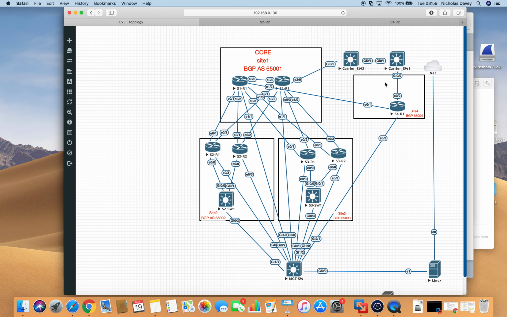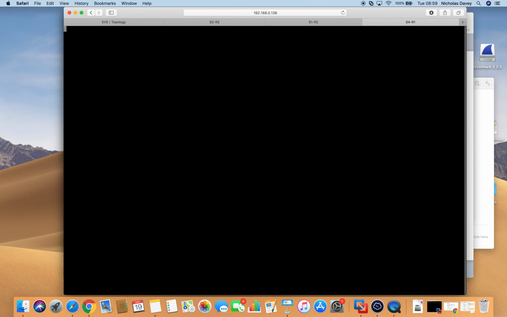And because when BGP sends an update, it at the same time stops sending keepalives, router 2 in site 1 never receives the update, never receives a keepalive, and the whole timer expires and it tears down the session. So if we log into site 4 router 1, we will see